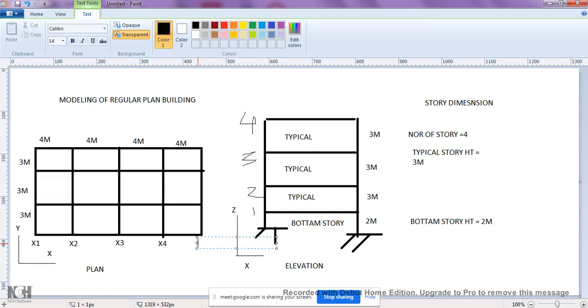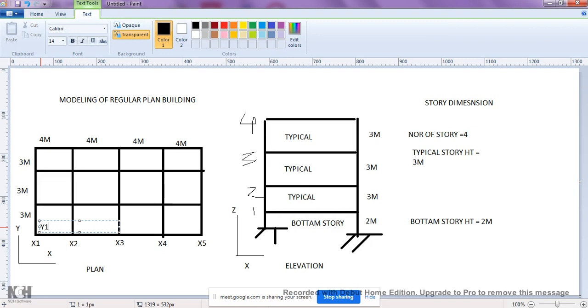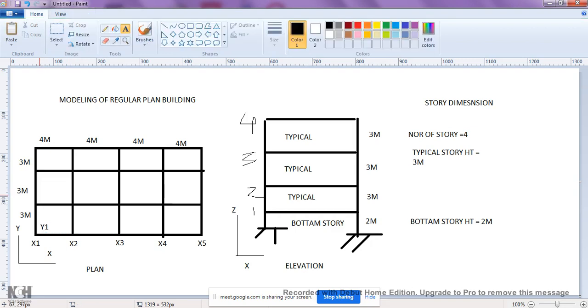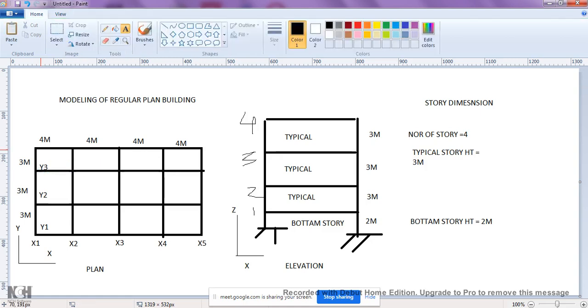So there are 5 lines in the x direction, that is, 5 joints in the x direction. Similarly here y1, y2, y3 and lastly y4.